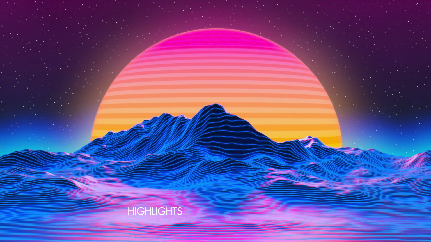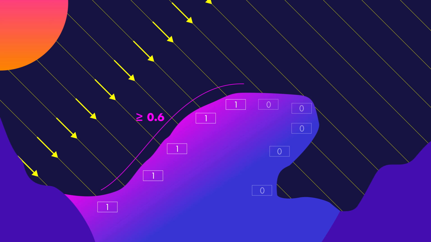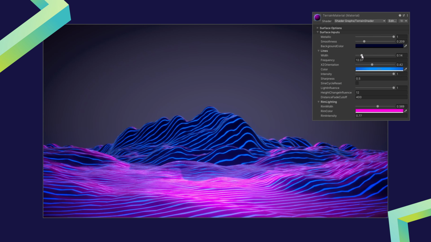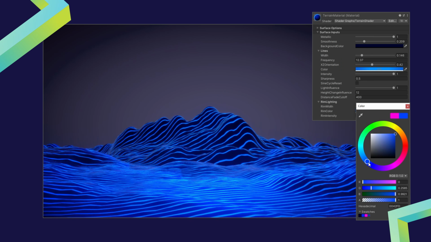To finish up the terrain, we need to tackle those pink highlights we saw in the reference image. Since they appear in the brighter areas, we can recreate them using a similar technique as with the line brightness. We'll compare the light direction and the surface normals again, but this time we'll use a threshold to split the surface into two groups, well lit and shadowed. For the well lit areas, I added a pink overlay to make them pop, capturing that distinct highlight effect from the original artwork. Just like with the sun shader, we have plenty of adjustable parameters here: line thickness, highlight color, light influence, and more. I think this looks pretty good.